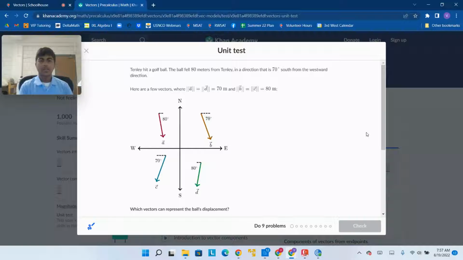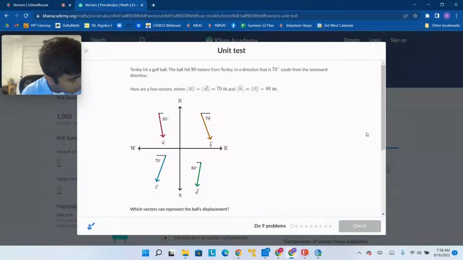Well, let's see. I have a notebook here that I'm writing down on that I'm going to show you. This is how I'm going to do my work. Right, so Tenley is hitting a golf ball. It goes 70 degrees south from the westward direction. So what does 70 degrees south from the westward direction mean? Well, if we're going 70 degrees south from west, we can write the westward direction is going to the left, right? And south, 70 degrees south of that, is going to be going